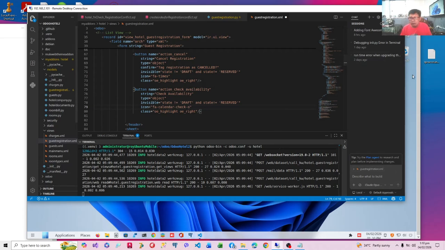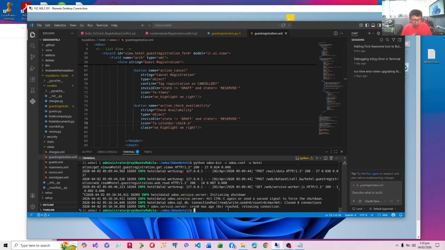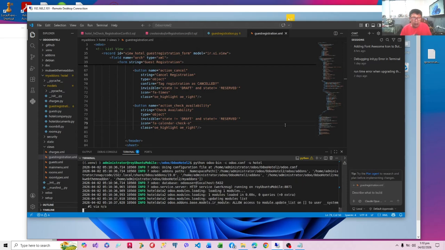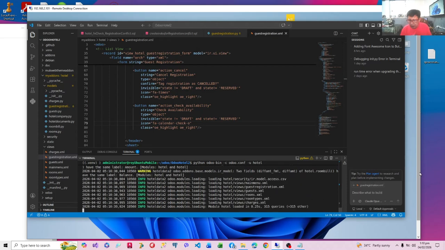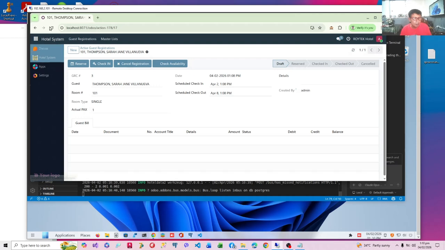And then of course we're going to save this. Stop it, and then run it again. I hope it's reflected right away. We'll just refresh the page. Okay, there's the icon. So we check the availability.